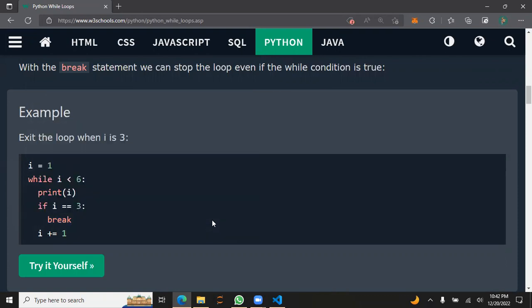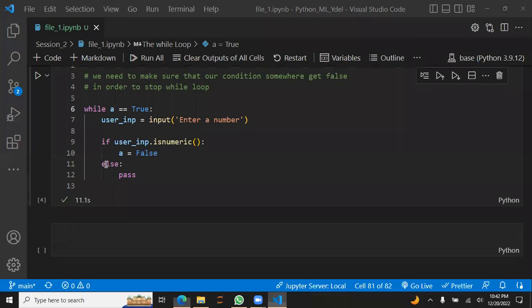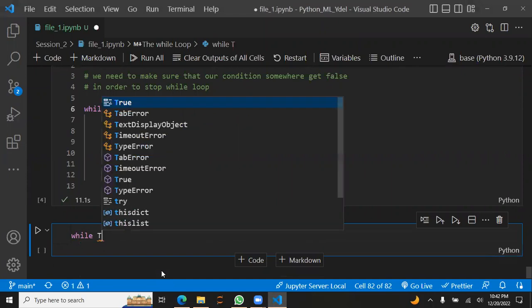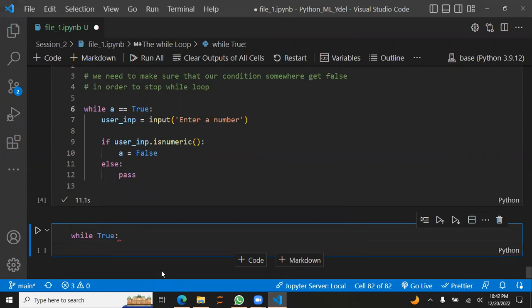Break is used to break the loops. Let's suppose while, we just put here true. Right now we don't know what condition to put in, but later on when we are doing the code, we are like, let's do a is equals to